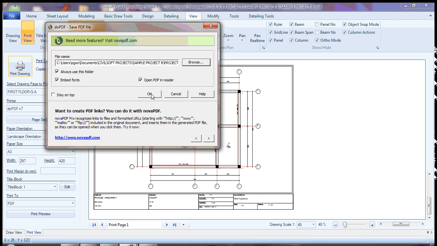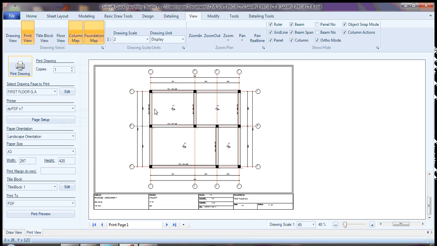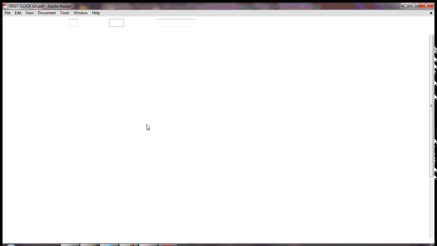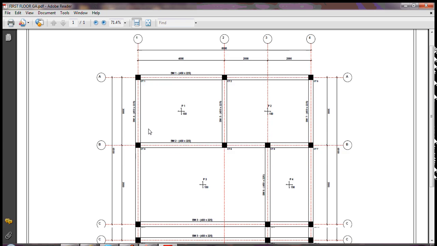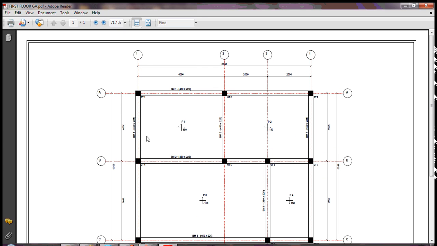Then you click OK. It will create the PDF and open the PDF for you. So you can see it's quite a PDF, and being in PDF, you can print from here directly. It's very simple to print from a PDF. Just click on print,